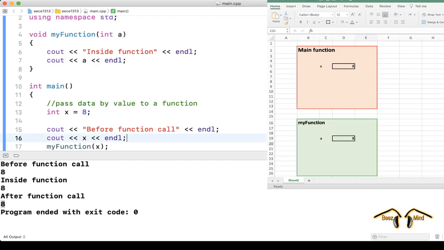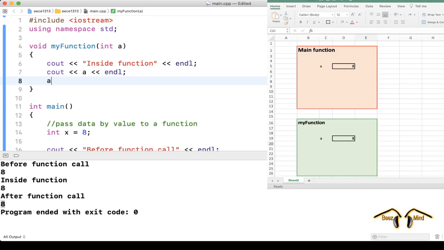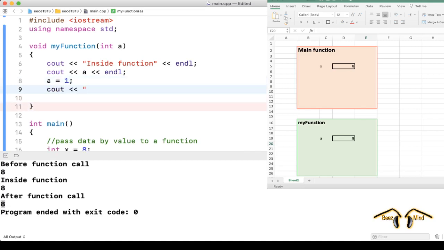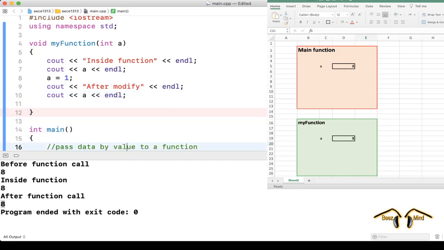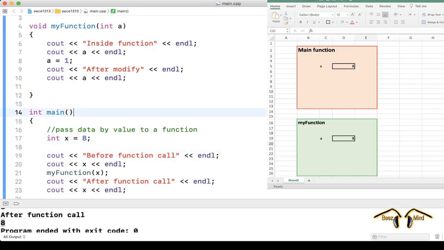Now let's say you modify a to become 3, or let's say 1, and then you output after modify, and after modify you output a. So what you will see here is that when you run the program,